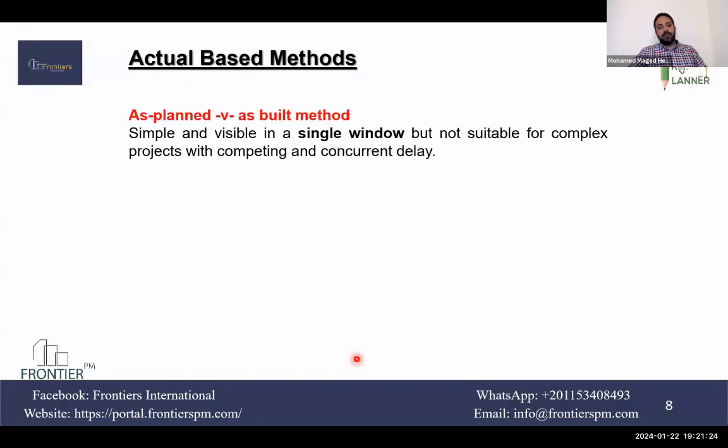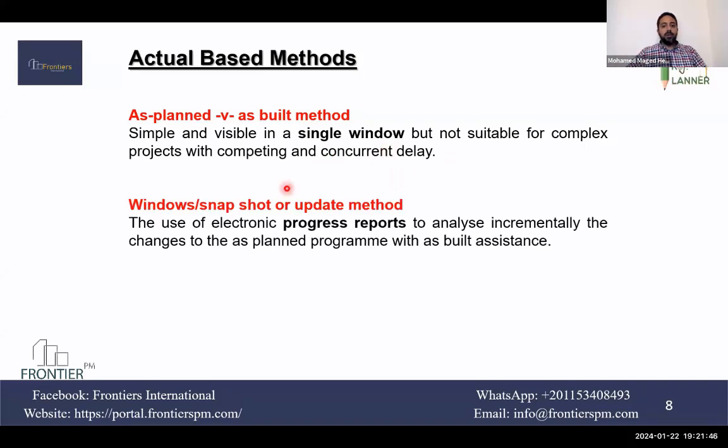The actual based methods here compare the as planned versus as built. So you have data and compare both together. And here it's considered a simple and visible approach. You can do it in a window or the total project. Then window snapshots or update methods.